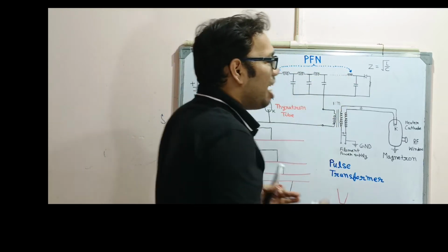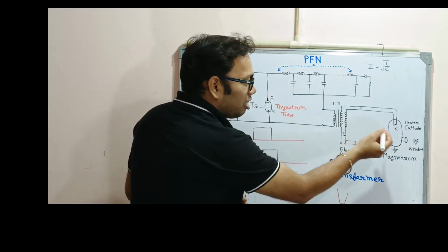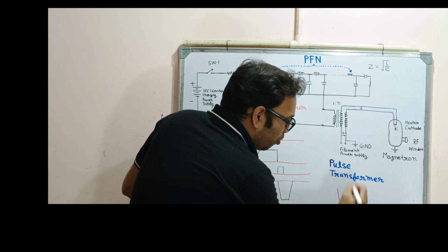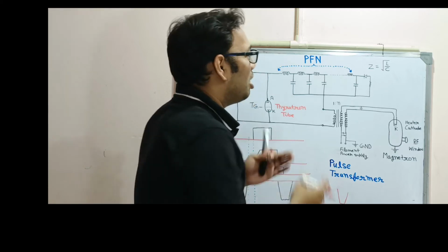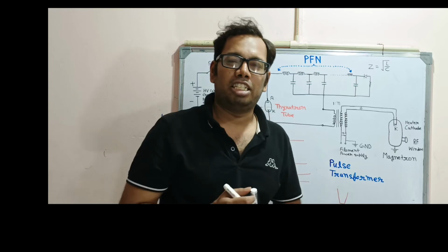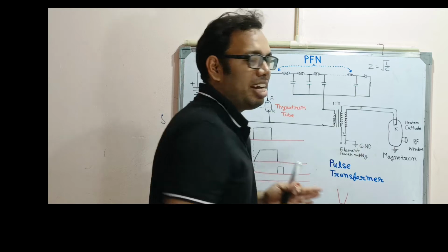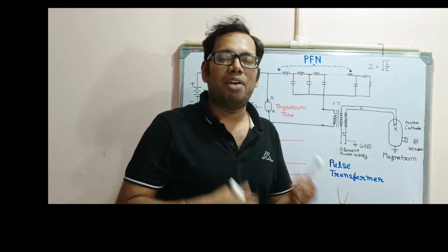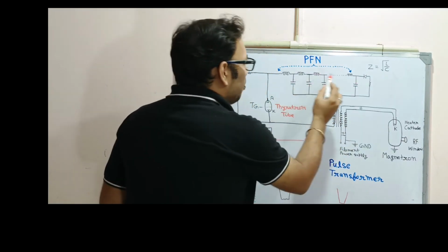And for this design, if you want to select the components for the required pulse flat top or duration of the pulse, let us say 5 microseconds is required, then according to that we have to select the components. This component selection formula I will describe in the description box. From there you can find it. Or if you want to design the PFN network, you can comment in the box. I will describe it to you, or I will make another video for this section. So here the PFN is there.